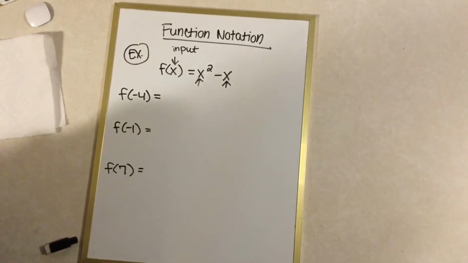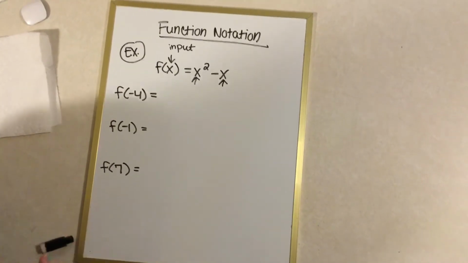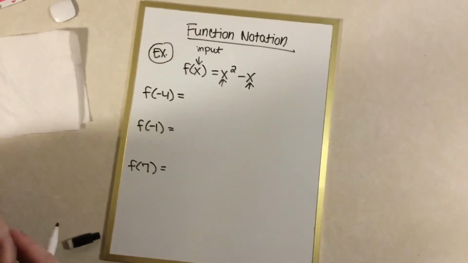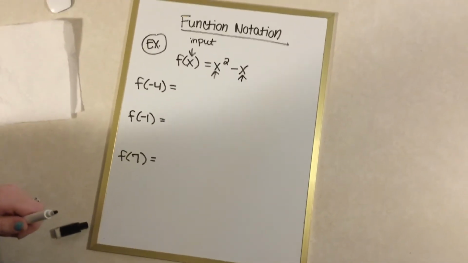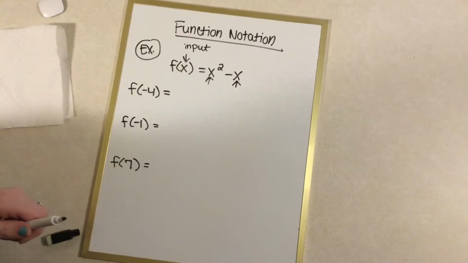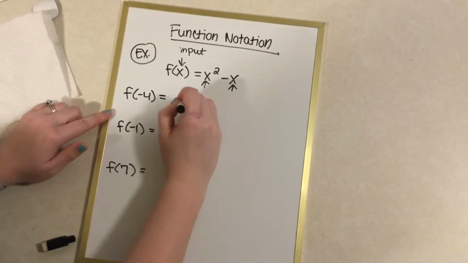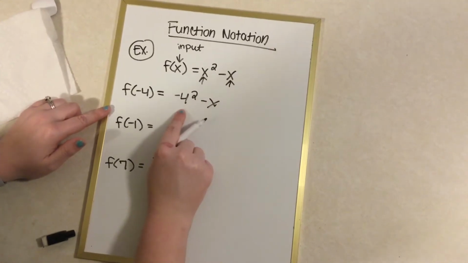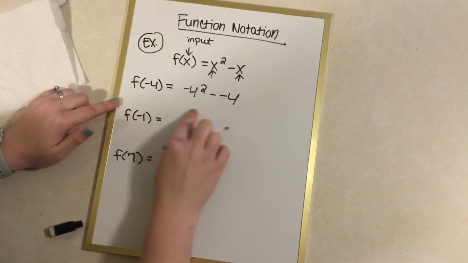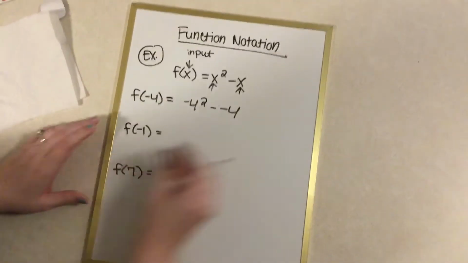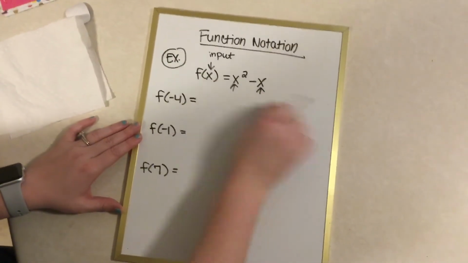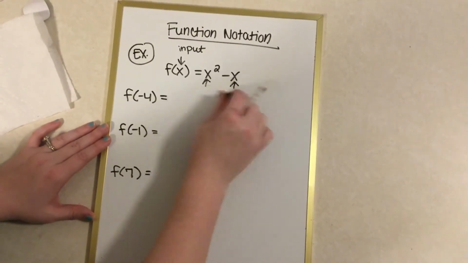If you saw what I posted earlier today, I posted a link to the Desmos scientific calculator for those of you who do not have the calculators that we have at school at home. Because your phone, if you have an iPhone, if you're using the calculator app, you cannot input parentheses. So if you try plugging in a negative 4 squared without parentheses, it is going to be wrong, because it needs to have parentheses. The negative 4 squared is going to give you the wrong answer. So please make sure that if you're plugging this into a calculator that you use a scientific one, either a physical one if you have one, or the Desmos scientific calculator that I put online,